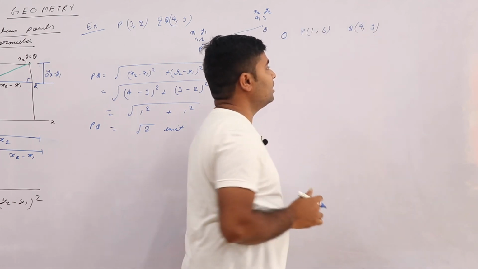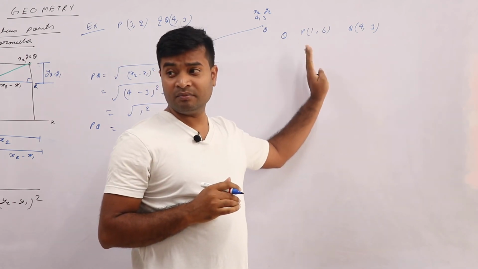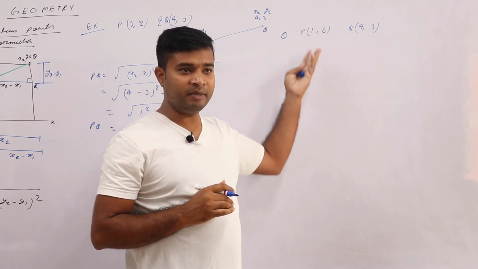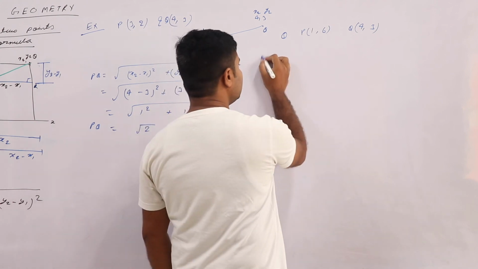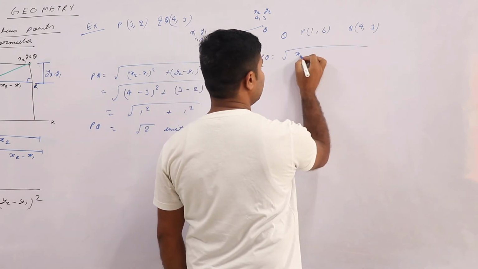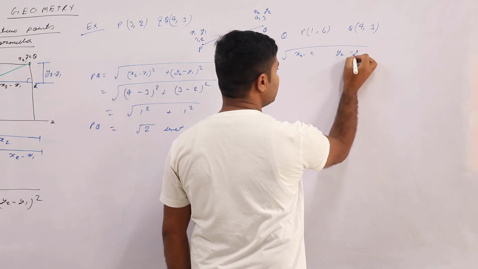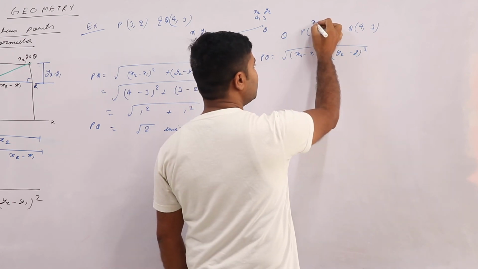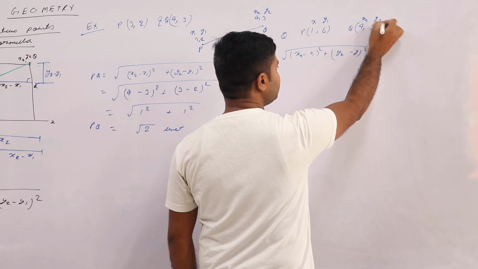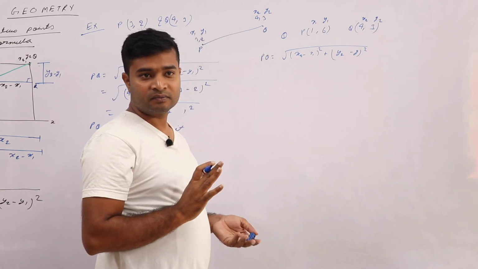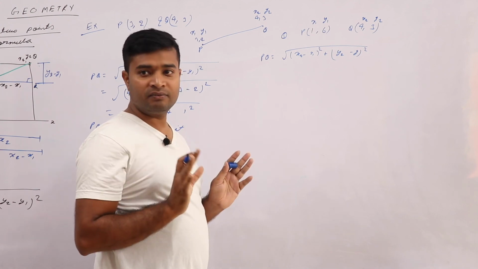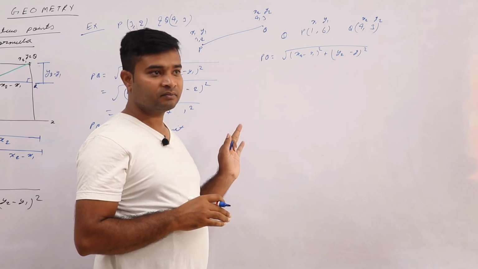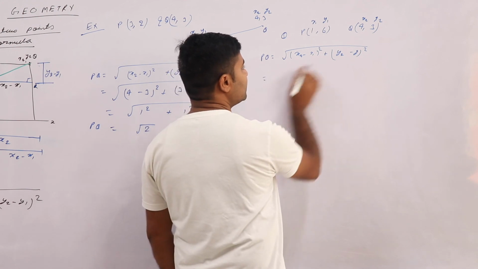Correct. And don't think everywhere it's given PQ. PQ is just the name. Don't think like here, sir, L and M is given, then how should I find. It's just a name, it can be anything. So right here, PQ is equal to x2 minus x1 square and y2 minus y1 square. Here mark it x1, y1, x2, y2. Without marking, don't do. Better you should mark first. If you do not mark, 100% you will do wrong. At least for the first 10-20 questions you mark it. Correct. Acha. Now, what is x2?